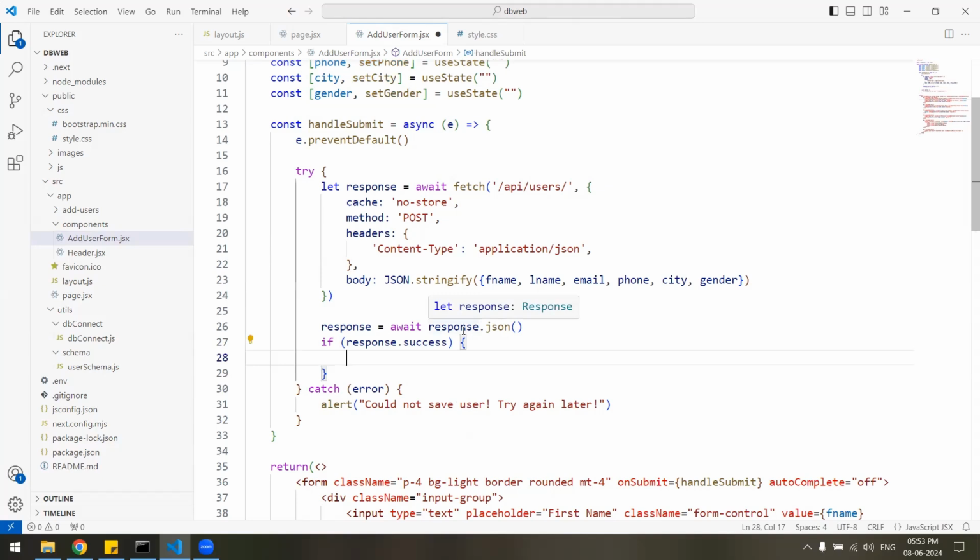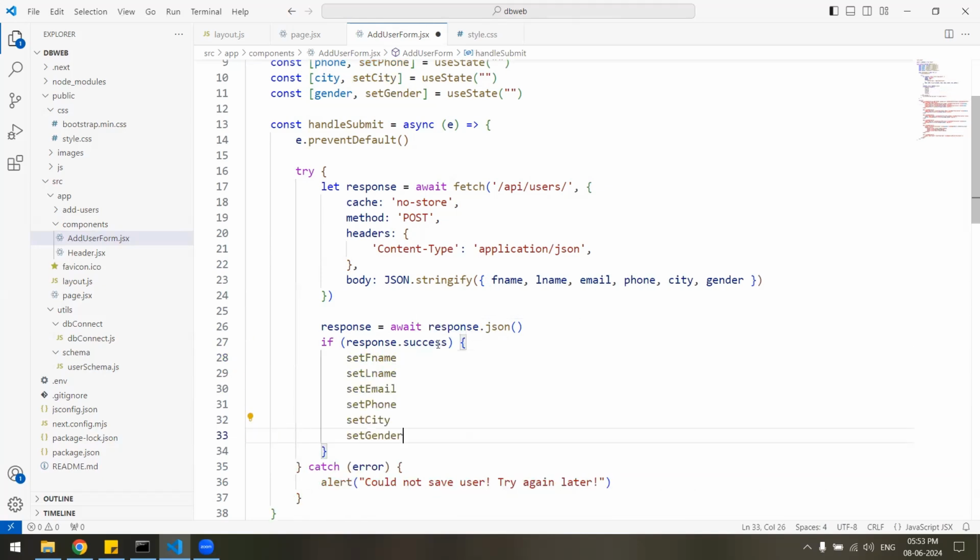If it is success, we will clear the form, and for that we'll set everything to empty, and we'll put